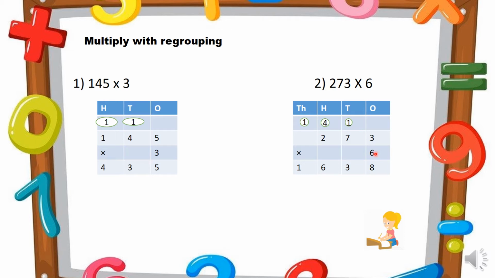So let us start doing the multiplication by 6 with all 3 digits. 6 3s are 18. Carry will be placed at the tens place. 7 6s are 42. 42 plus 1 is 43. So 4 will be placed at the 100 place as carry. 6 2s are 12. 12 plus 4 is 16. And 1 will be given as carry at the 1000 place. Okay. So 1 as it is you have to keep. You will get the product 1638.